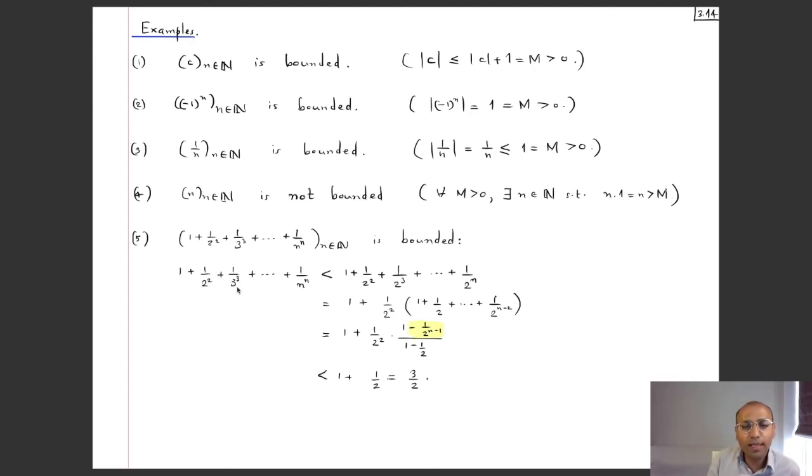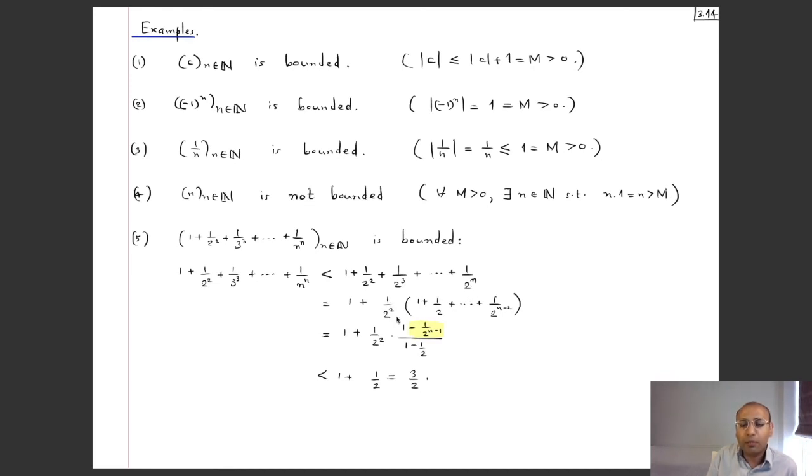So what I do is I overestimate 1 by 3 cube by 1 by 2 cube, because 3 is bigger than 2, the reciprocal will be smaller, and when you cube it will still be smaller. And similarly I do the same thing with each of the remainder terms. So for example, 1 by n to the power n is also less than 1 by 2 to the power n, and for each of the intermediate terms I overestimate it by 1 by 2 to the power in question. So for example 1 by 4 to the power 4 is less than 1 by 2 to the power 4, and so on. But now you see that we have got a geometric progression over here,